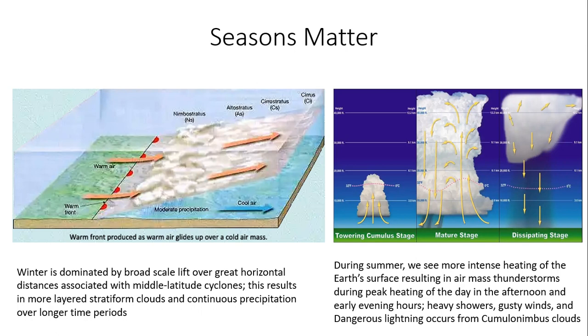But you see on the right in the graphic how the air is more vertical in its motion. Air is rising in the vertical more than it is in the horizontal with the graphic on the right during the summer season, as the excessive heat at the Earth's surface is being lifted skyward to help reestablish thermal or temperature equilibrium. By the way, that graphic on the right shows the various stages of an air mass thunderstorm,